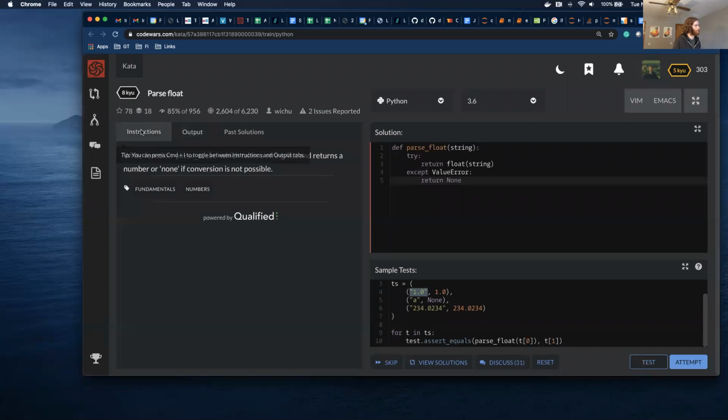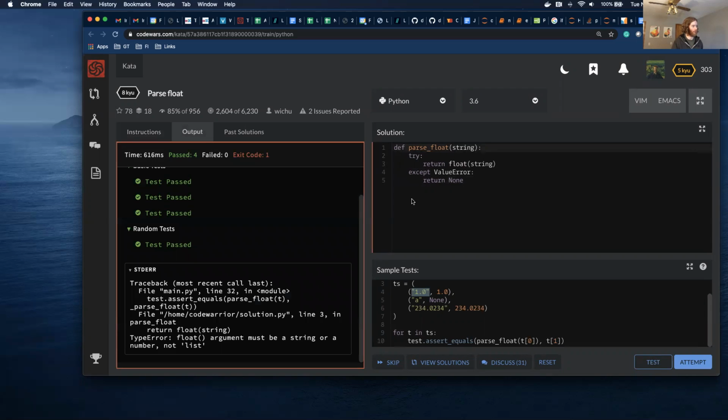So these instructions, I wish they were a little bit more in detail. It takes a string or a list. So I think what I want to do is check if it is a list. So if type of string is equal to list,